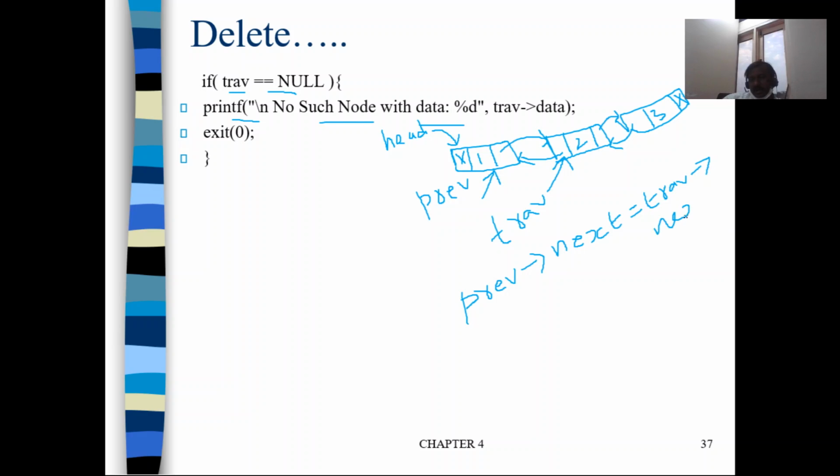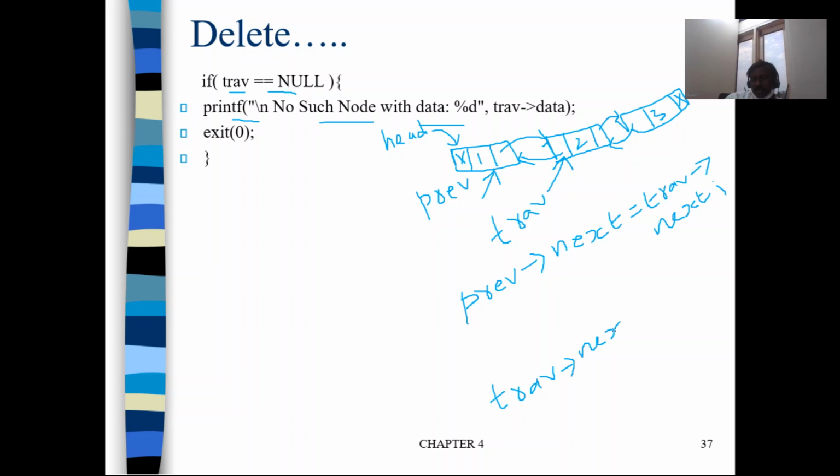Okay, and then what should we do? Node 3's previous should point to node 1. So how will we do that? Again here you should write which statement. How will we refer to node 3? Again, like how we did in insertion, the same way. Traverse arrow next, by that we can refer to node 3.